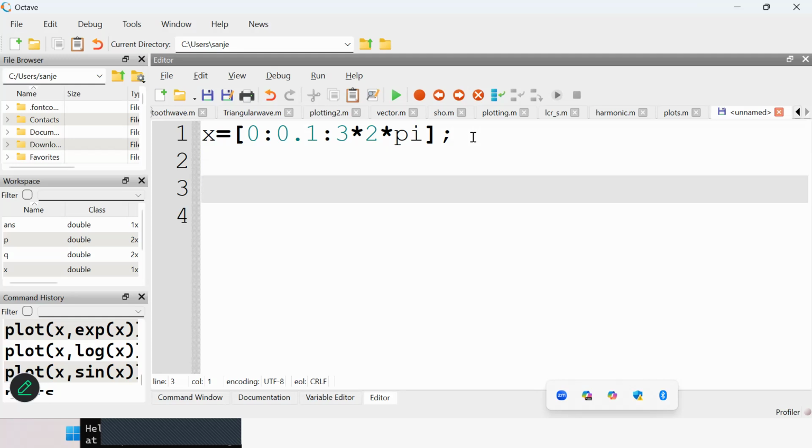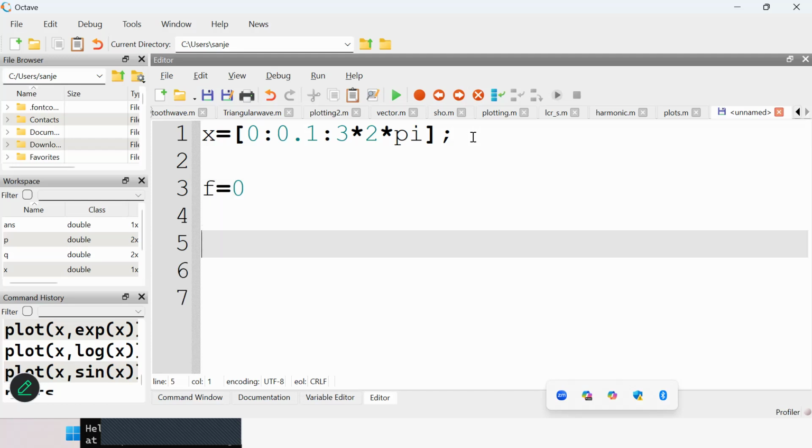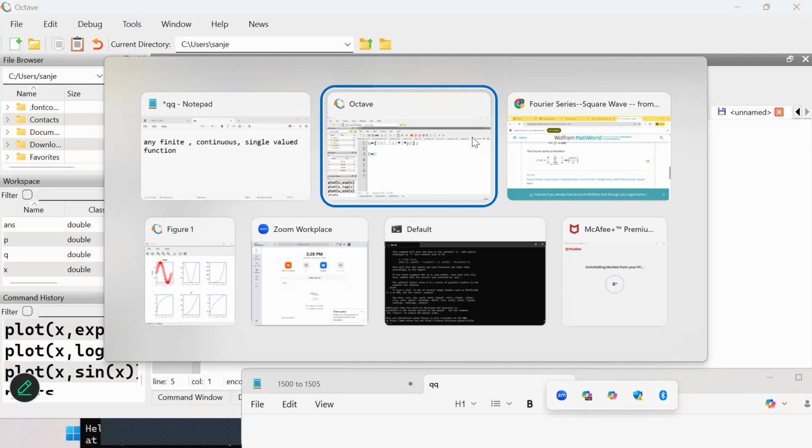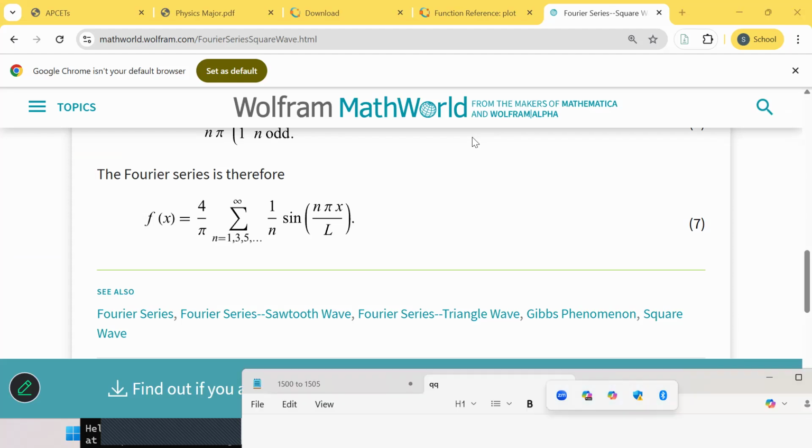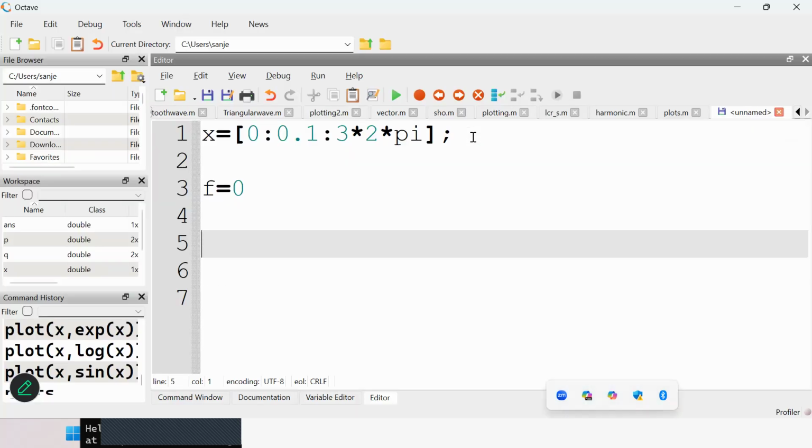So my function is initially 0. So what is the function? Confirm it. F is equal to all odd number summations over sine nx by n. So I'm initializing my function to be 0 for n is equal to